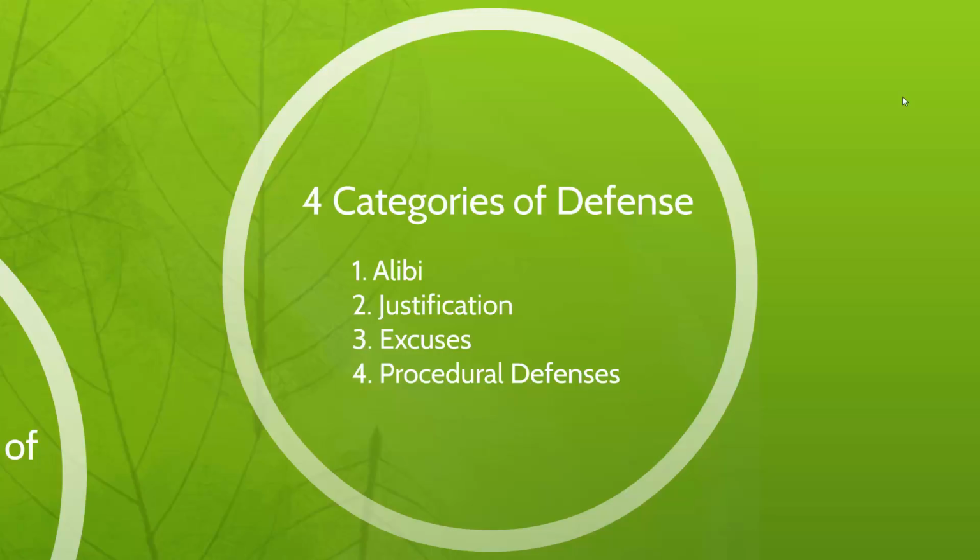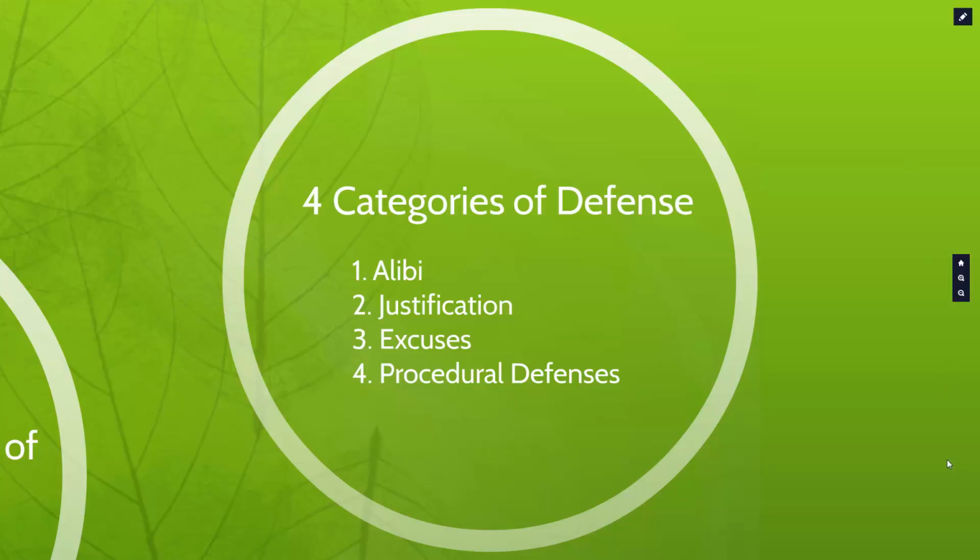When a defendant offers a justification as a defense, he or she admits committing the act in question but claims that it was necessary to avoid some greater evil. A defendant who offers an excuse as a defense claims that some personal condition or circumstance at the time of the act was such that he or she should not be held accountable under the criminal law. Procedural defenses make the claim that the defendant was in some significant way discriminated against in the justice process, or that an important aspect of the official procedure was not properly followed in the investigation or prosecution of the crime charged.